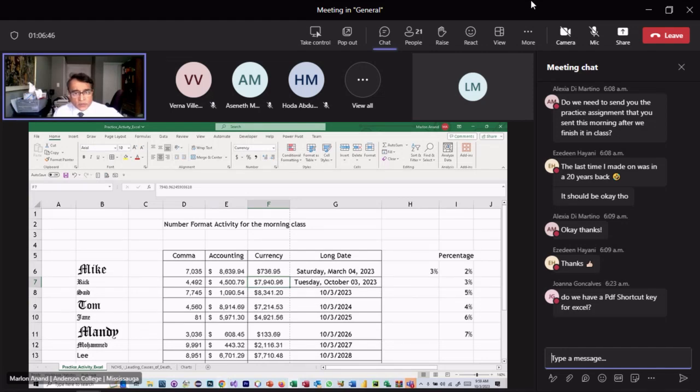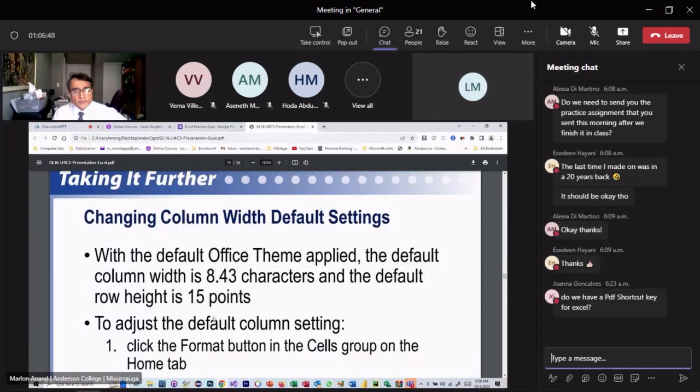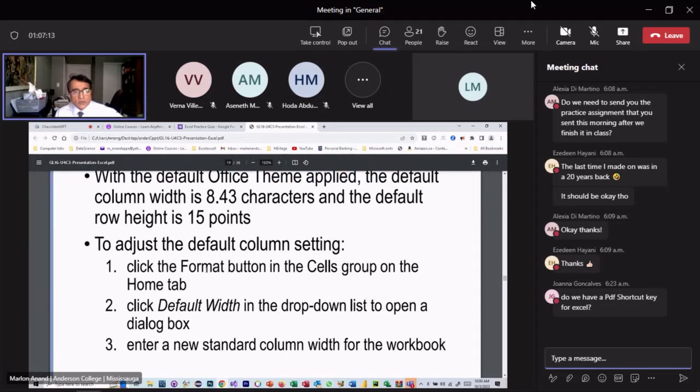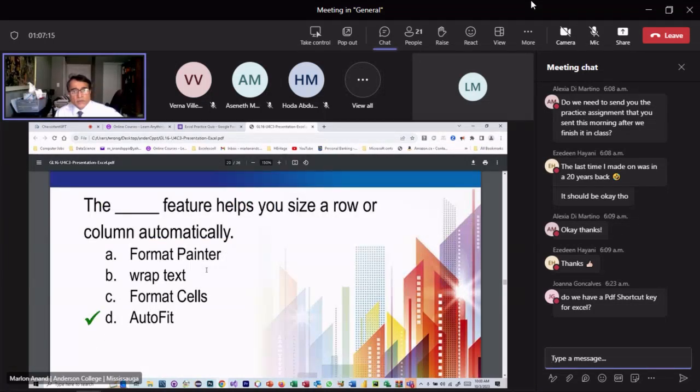Okay, let's just go here. Okay, so by default, it's 8.43 characters. Okay, 8.43 is the default size. That means you can fit 8.4 characters that'll appear clearly. And the row height is 15 pixels or 15 points. Actually, it's 15 points. There's a difference there. Okay, so right, so auto fit